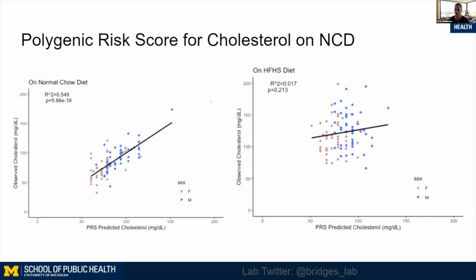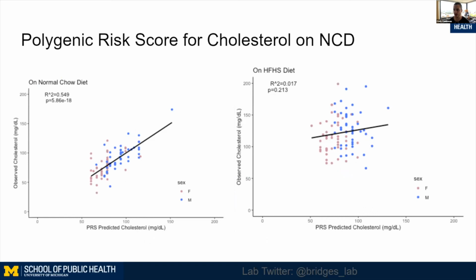We then decided to generate polygenic risk scores for both normal chow diet and high-fat, high-sucrose diet mice using 3 SNPs. And we can see that the PRS-predicted cholesterol looks pretty good and lines up well with the observed cholesterol for the normal chow diet mice. But when looking at the high-fat, high-sucrose diet mice, we can see that the correlation is much, much weaker and